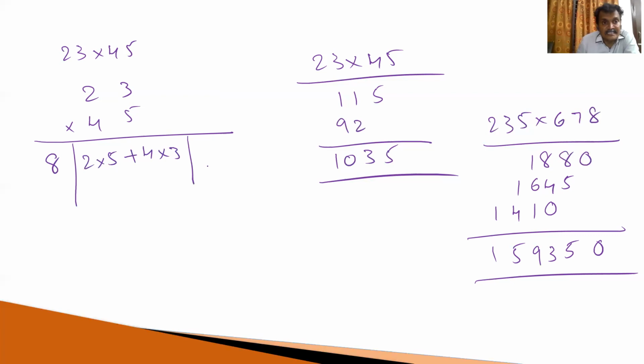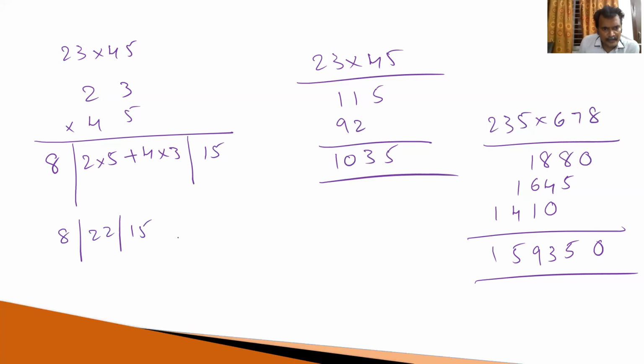And what is the last step? 3 times 5, that is equal to 15. Okay, now what happened? This is equal to 8, and then 10 plus 12, that is equal to 22, and this is equal to 15. But in the initial stage, I want to write down step by step. After you have practiced, after I explain 5 or 6 problems, I don't want to write down all these steps, just the answer only. I will explain how to write down the answer also. But before that, you need to know the concept step by step.